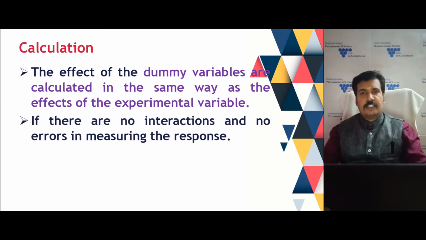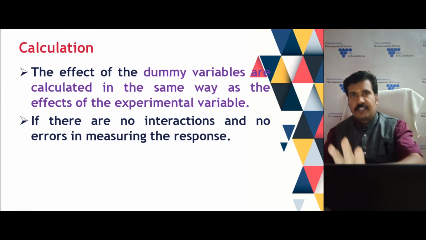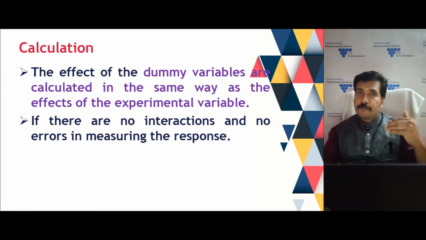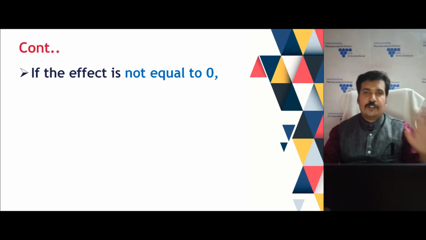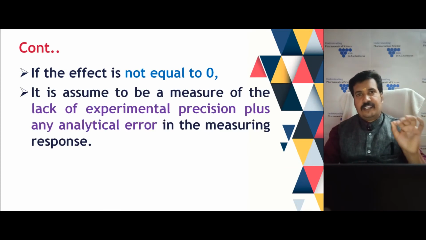In the results, the first objective is to find out if any interaction is happening between the variables, or if any problem in the method of analyzing the response has occurred. This can be checked easily by looking at the results of the dummy variable. If the dummy variable is 0, then there is no interaction or no problem in measuring the response. If the dummy variable is not equal to 0, then some experimental error is happening